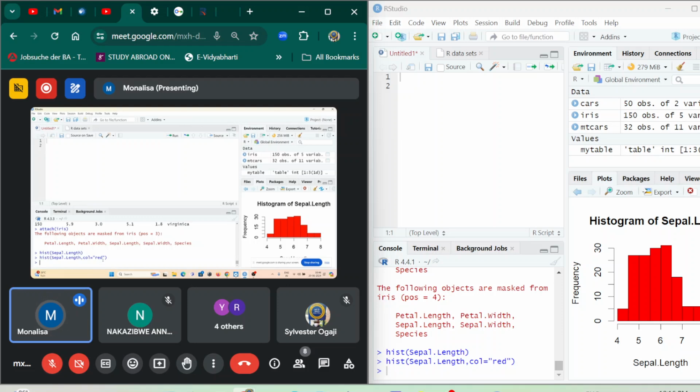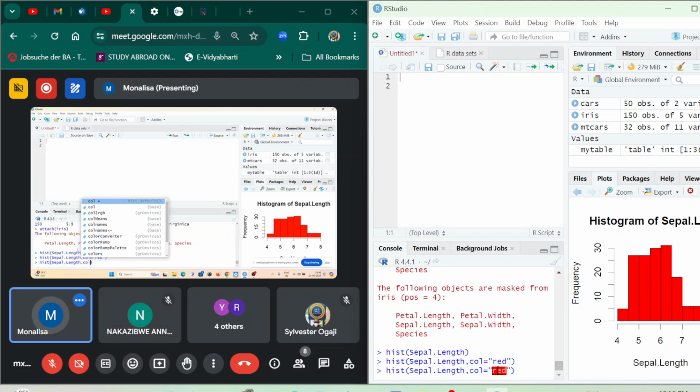We can give the names of the x axis and y axis also. So here I can write the hist function, then sepal length. Let me write the same thing here. col is equal to green,